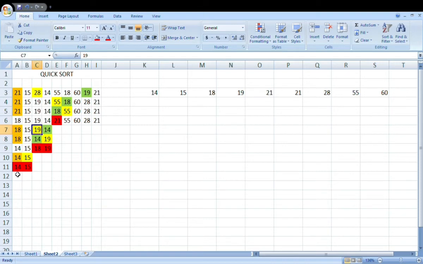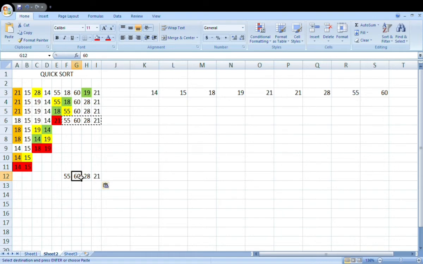Now it will try to sort these values, okay. Let me put it here. So from 55, it will try to find a bigger value compared with 55, starting from this position and navigating right till it finds one bigger than 55.